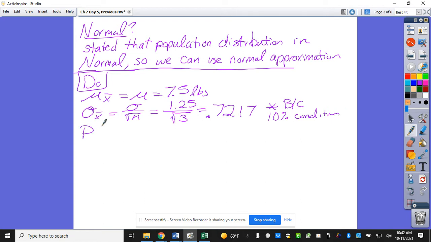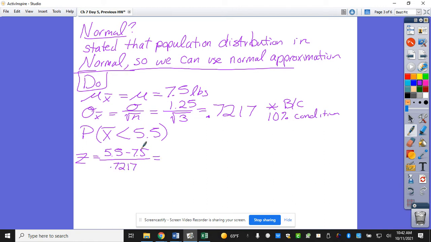So now I'm going to solve what? Did it tell us the sigma? Yeah, it would have given it to you in the top problem. So P(X bar is less than 5.5). Now when I convert it to a Z, I've still got 5.5 minus 7.5, but now it's going to be divided by this number, which is